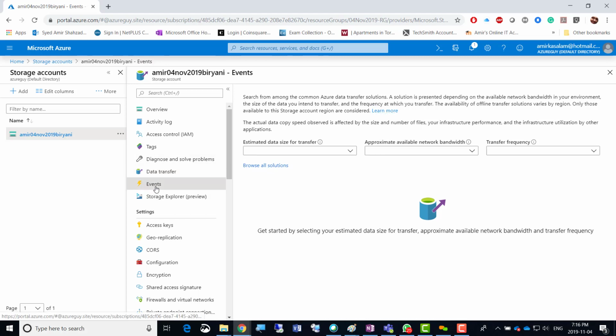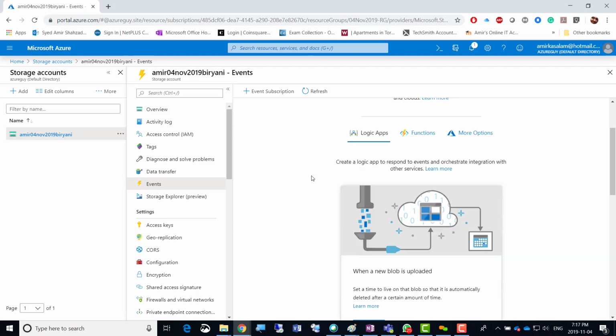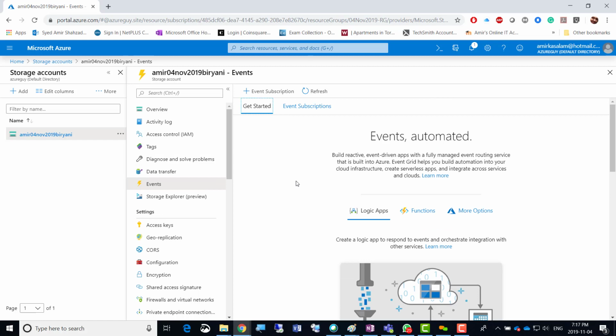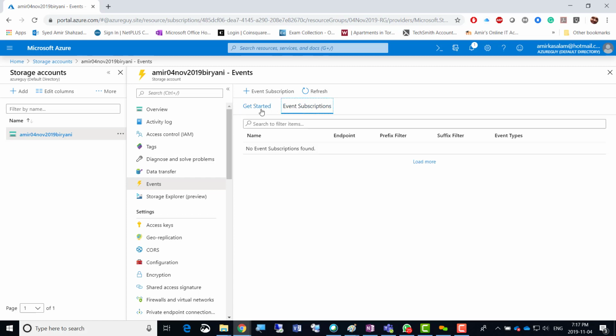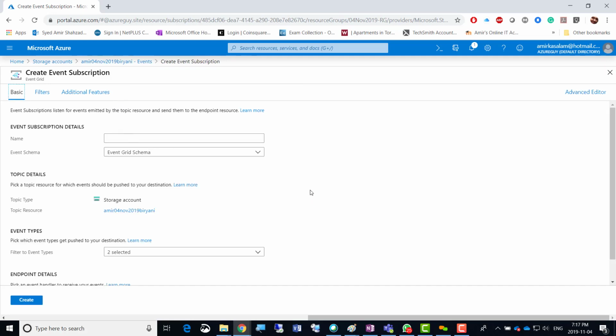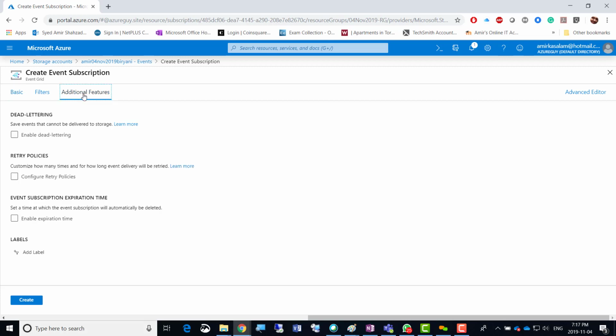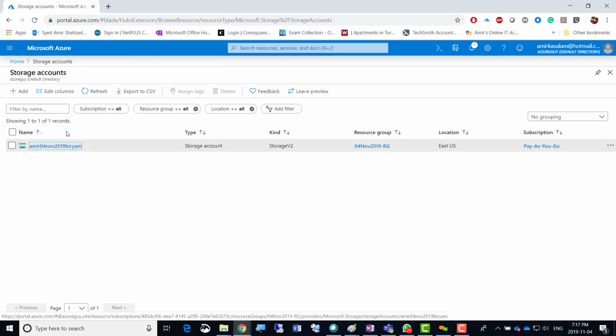And then there are events there. Obviously the events will simply be event automated logic apps. So definitely it will just ask you to create, or it will just create a folder or container in your storage account, and then it will start gathering up all the events there. But you have to purchase the application. Either you go for event subscriptions, and suppose I go for the plus sign, event subscription here, create event subscription, and then it asks what kind of event you want to subscribe to, and then it will start alerting you for that. But the thing is that you will be charged a little more for being alerted for all the events. So if you go back to the storage account here, and